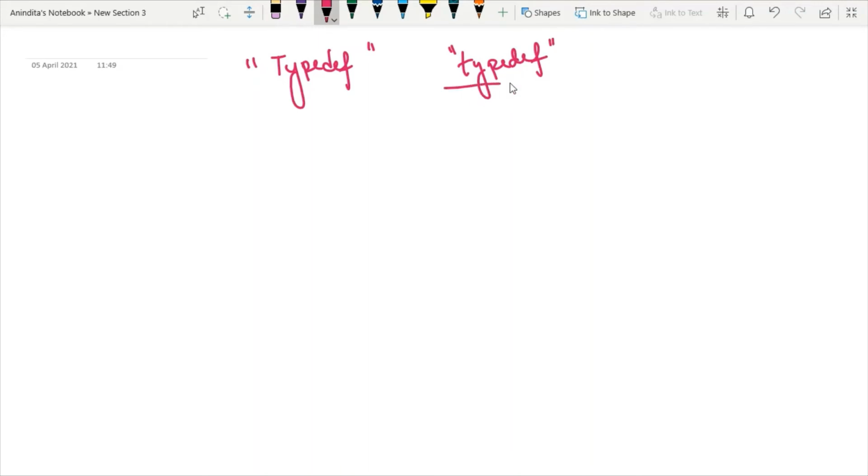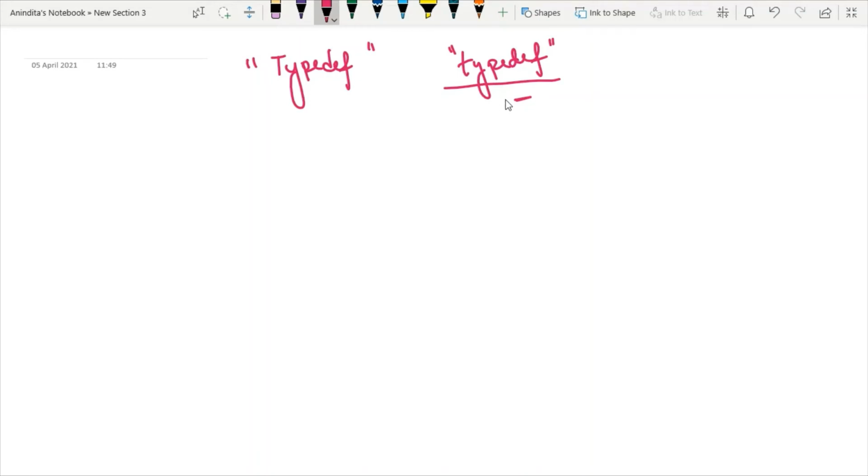Understanding this keyword is very, very important. The C programming language provides this keyword typedef, which you can use to give a type or a new name to a specific data type.